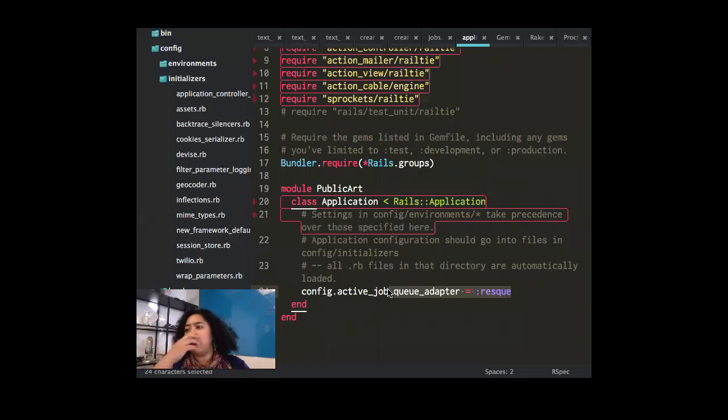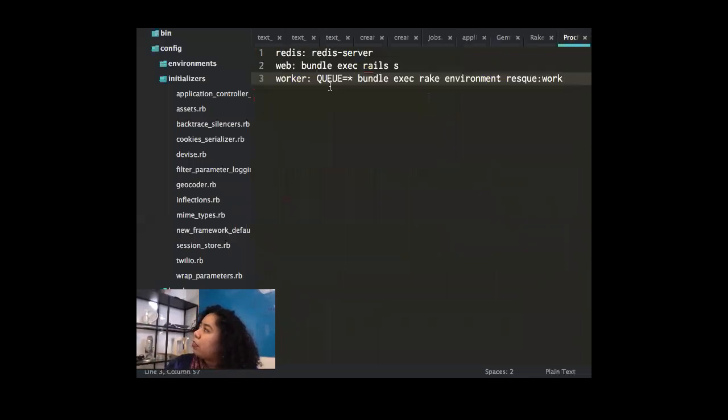So this is saying rescue is going to be the one to handle the jobs. And rescue is being run through this Procfile: queue, bundle exec rake environment rescue:work. So this is where the worker is happening. We can actually copy out